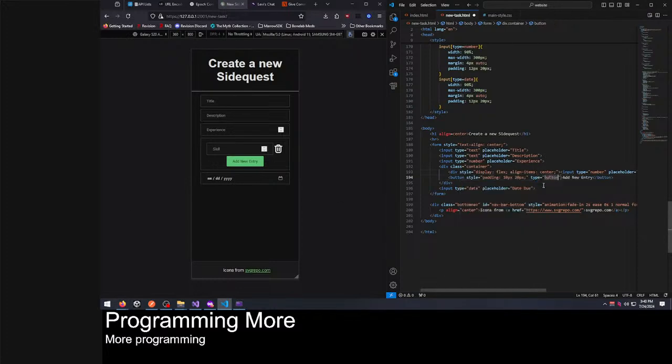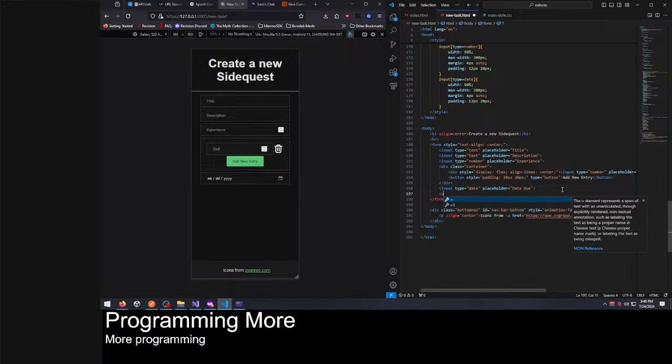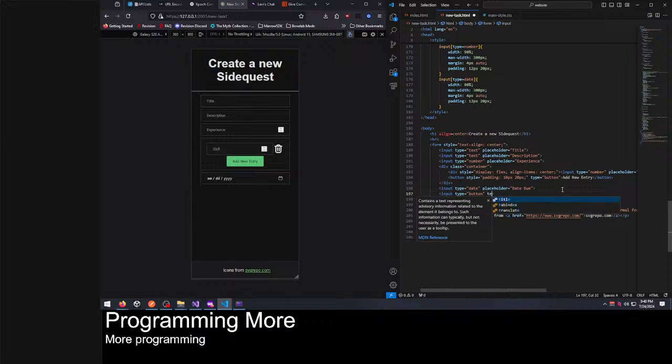There we go. So it would start with this, and you could click add new entry, it would add a new one, and then we just place a submit button at the very bottom, but it wouldn't actually be a submit button, it would just be a normal button that says